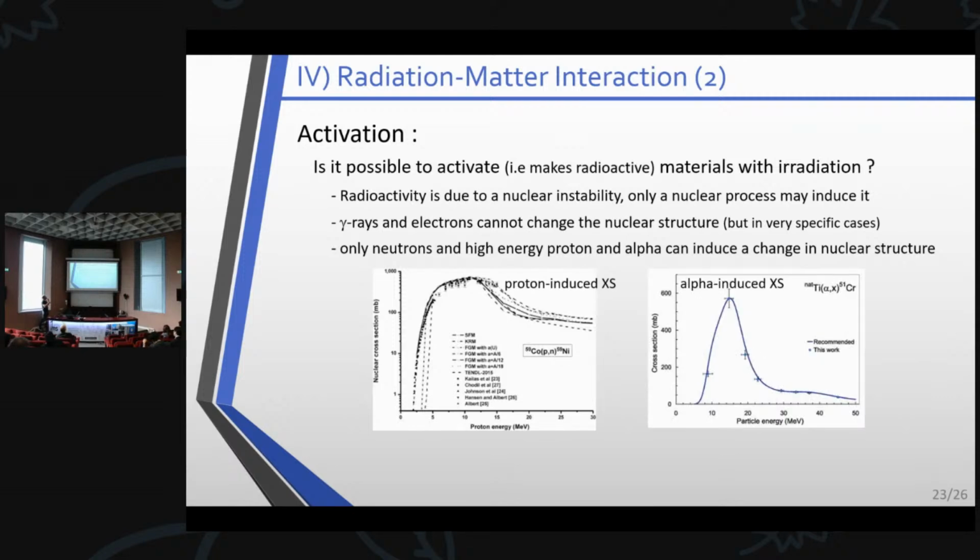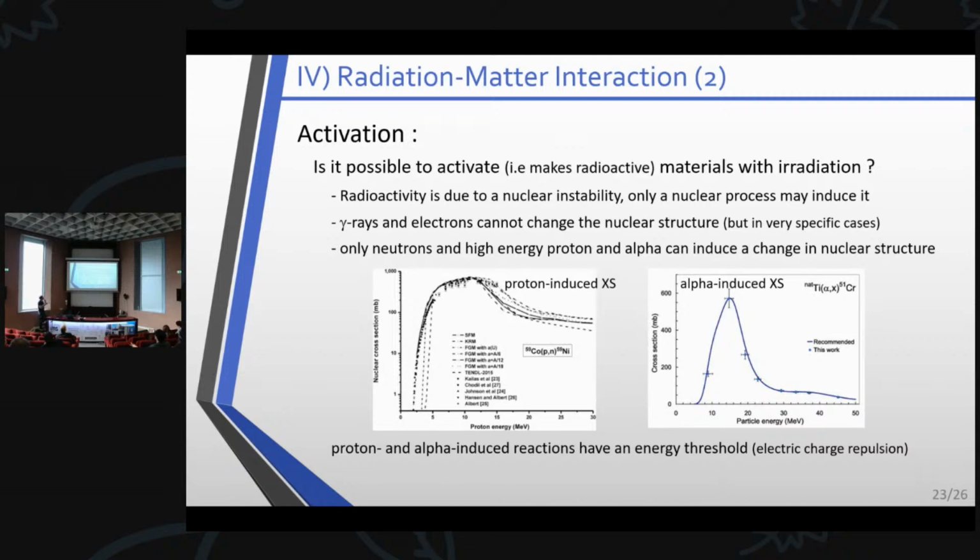It really needs neutrons or high energy protons or alpha particles to induce a change in the nuclear structure. But there are some thresholds. For instance, I give you cross-section, but let's speak about probability of interaction for proton and for alpha particle. If you are at low energy, your probability will be more or less 0. So you cannot activate material only if you have very large